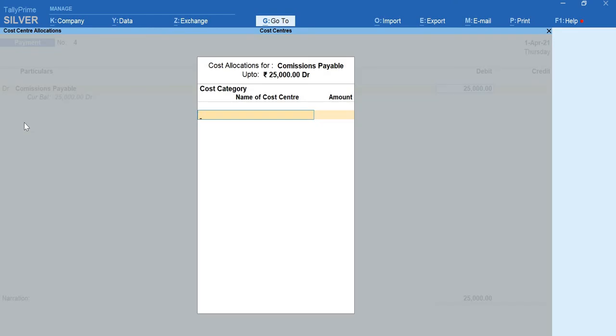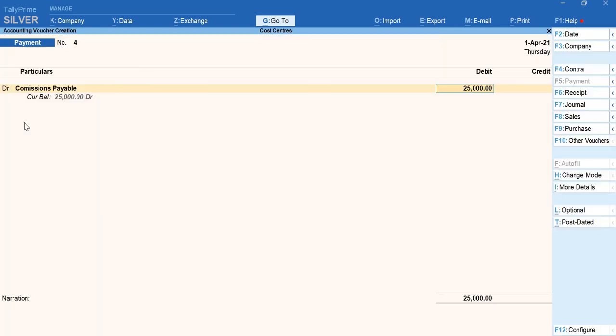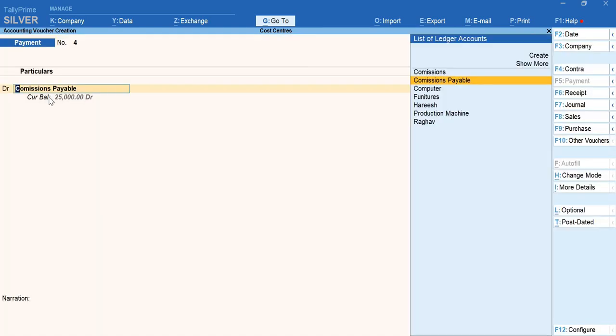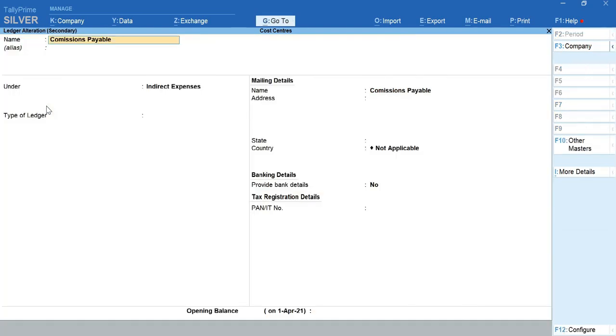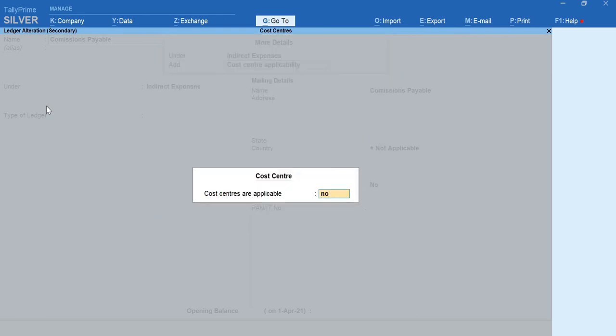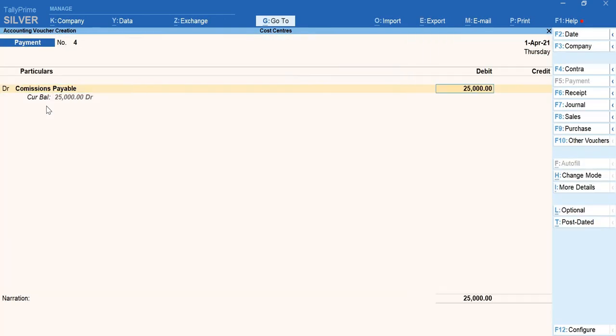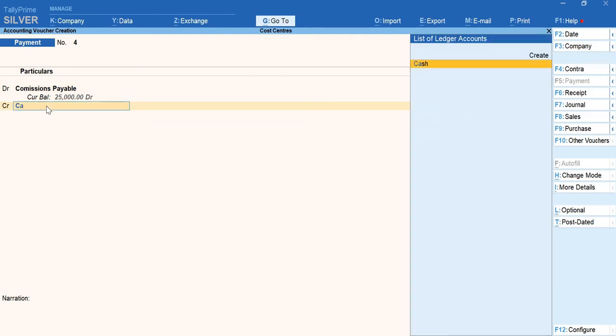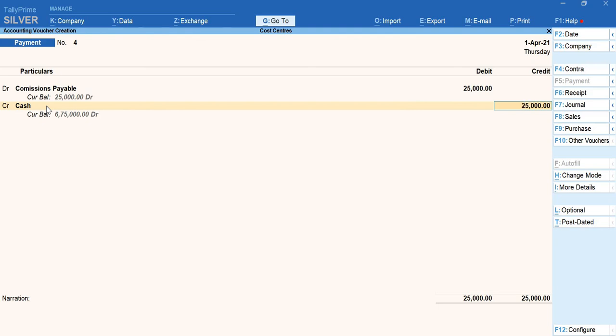I need not give the category. One more thing, if you missed like this, you don't want the cost centers, but it is giving you the detail. At that point of time, give backspace, come back to the commissions payable account, and strike Control and Enter at a time. You have to press both keys, and then Control I will go for cost centers applicability. You can convert this to no, so that it will not display the cost centers when I give the amount. It will not ask for classification. So strike Enter, crediting cash. Assume as if I'm paying through cash, so the cash is going out.